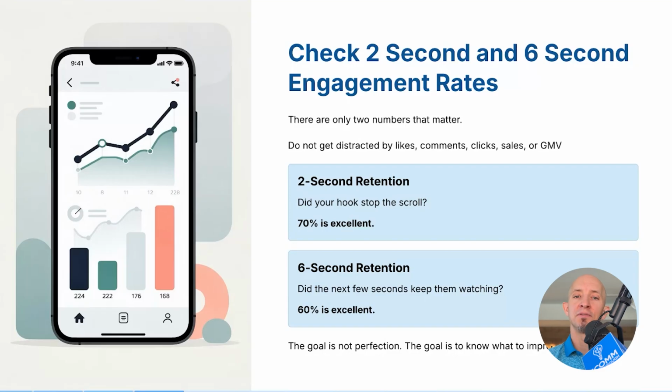Now, this isn't a rule where I promise you, if you hit 70%, you will have a massively viral video. I can't promise you that, but we have seen a very strong correlation. It's over 90%. Any video that hits 70% engagement rate in the first 2 seconds has a drastically higher rate of succeeding. And guess what? Those are the ones where our ads keep spending more and more and more money behind it, because TikTok knows, wow, lots of people are engaging with this, so I'm going to keep spending money behind it.